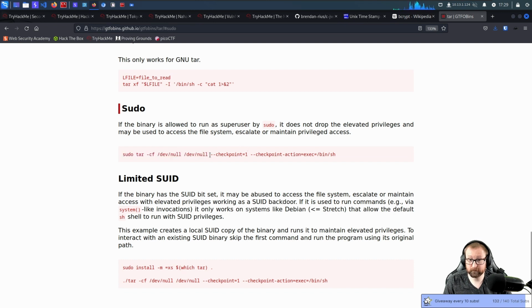As you can see, if we can run tar with --checkpoint=1 and --checkpoint-action=exec=/bin/sh, or to be honest, any script, we can run stuff.